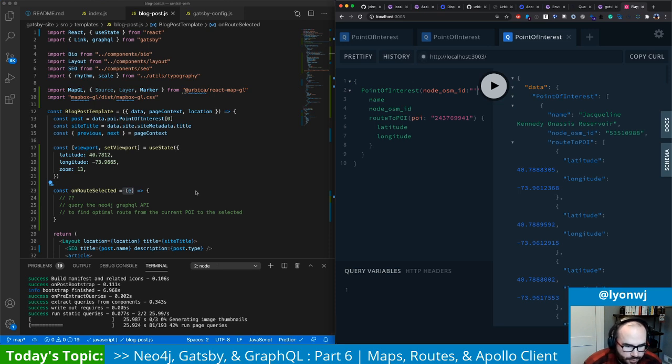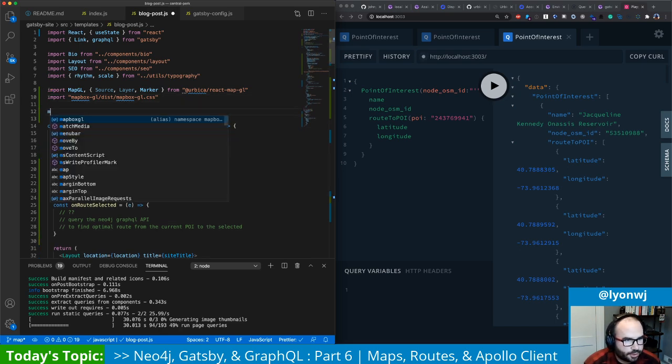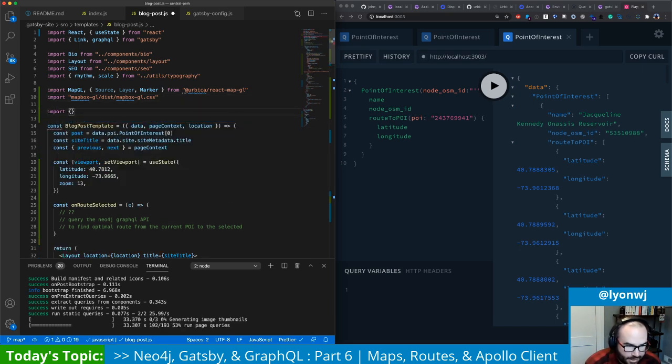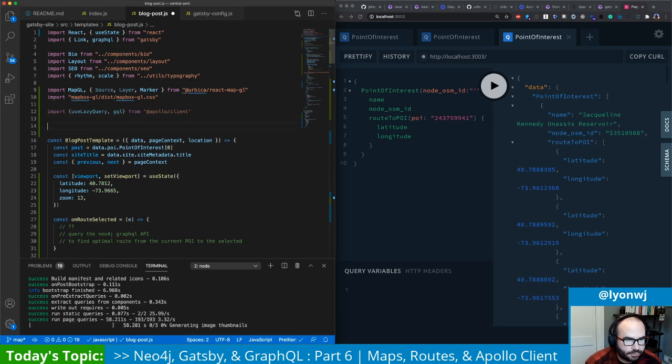So we now should be able to import useLazyQuery. This is the Apollo client hook we want to use for manually executing a GraphQL query. And we want the gql template tag for parsing GraphQL queries from Apollo client. And then let's also define our